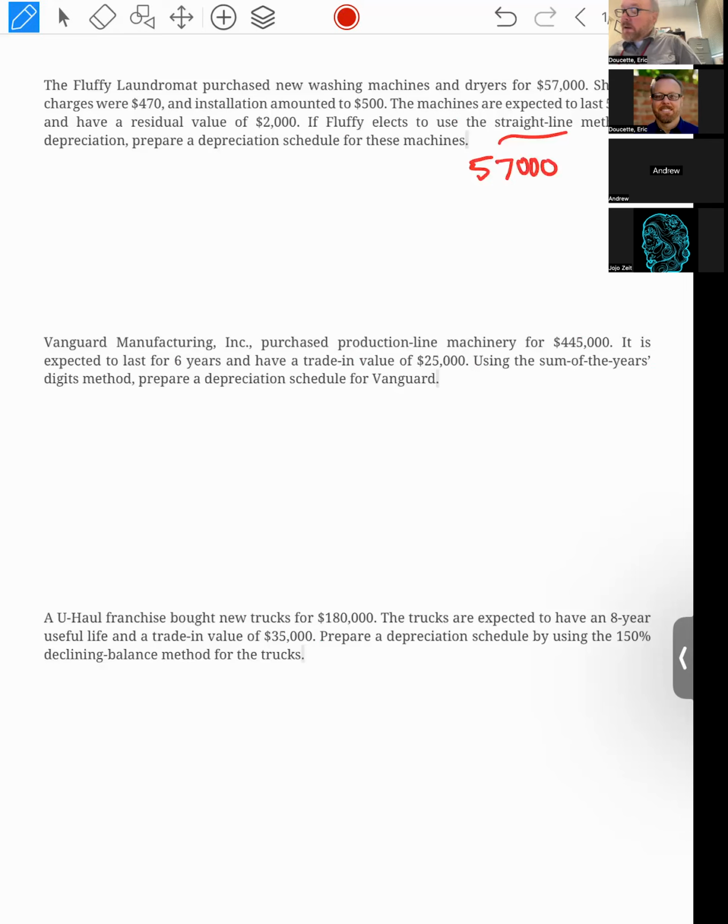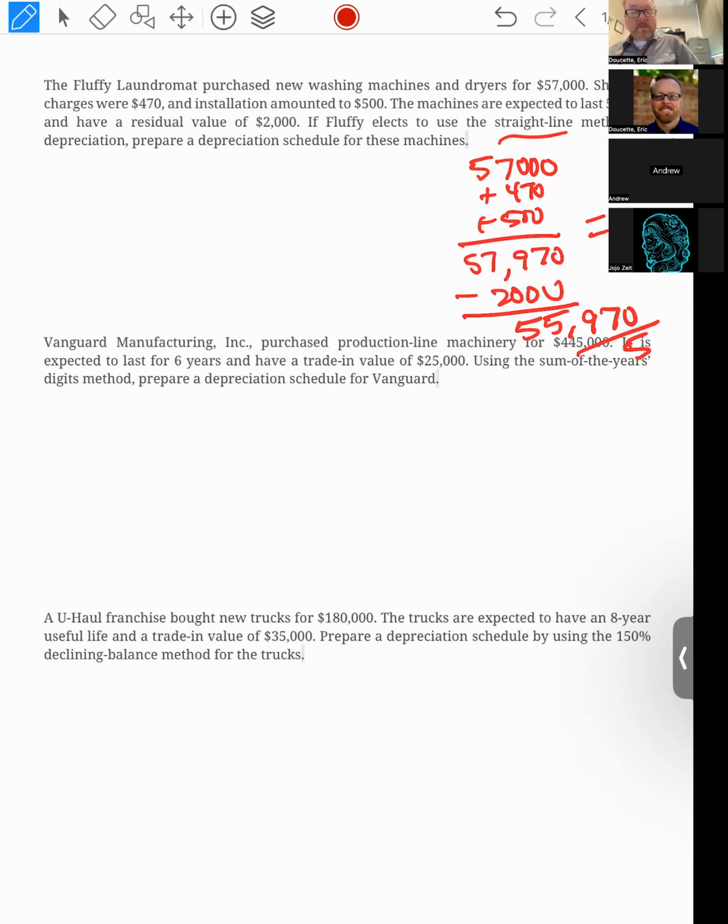57,000. It cost us also $470 and another $500 to install it and to deliver it. So our total amount was 57,970. And then I'm going to minus the residual off of that, 2,000. So that's going to give me a total depreciation of 55,970. And then I'm going to divide that by 5 years. And that's going to give me $11,194 a year